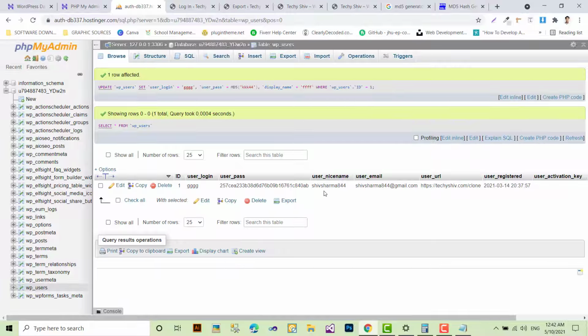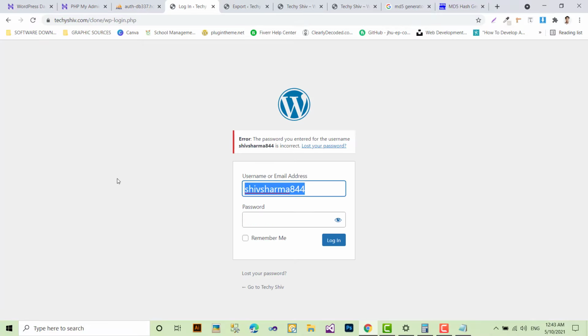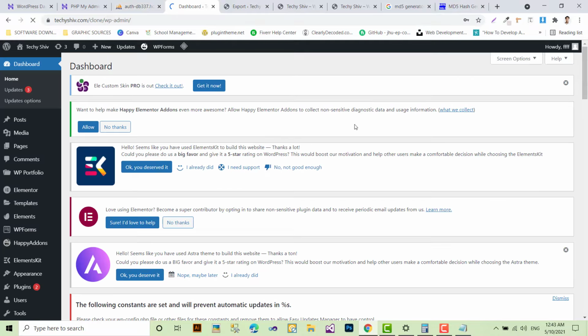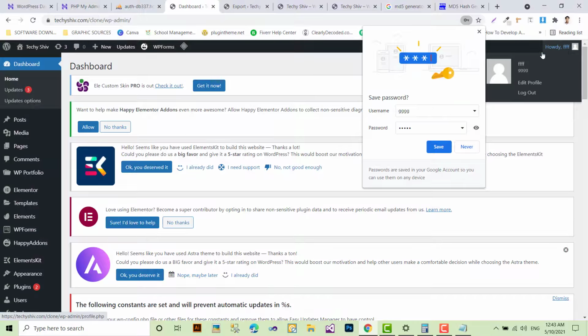You see, the user login is changed and the user password is changed. Let's check. KKK44. You see, it's done.